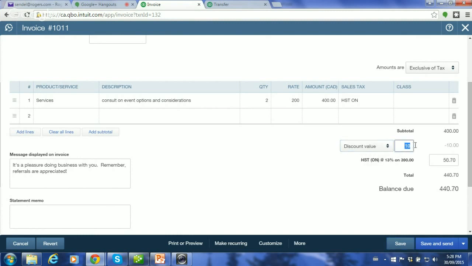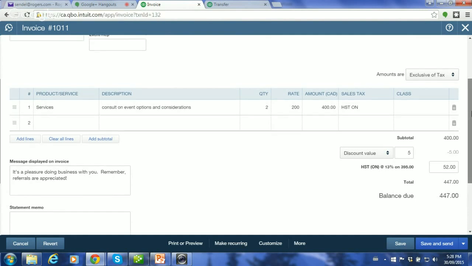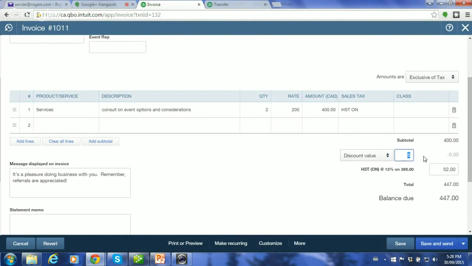One, let's make this 0 here. So we're back to our $400 and our $52. I can put in the $5, but then I'd have to remember that this is 52. I'd have to override it at 52 and then save the transaction at 447. Could be a little bit dangerous. If you're comfortable doing it that way, fine, no problem. However, if you're not comfortable, then let me show you another alternative.